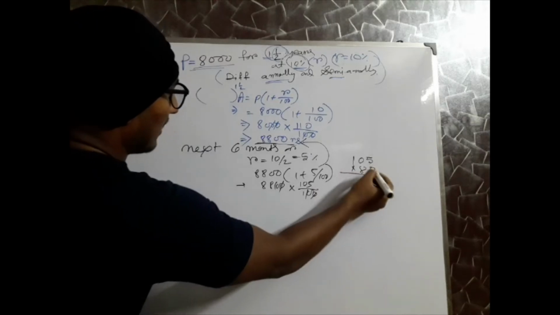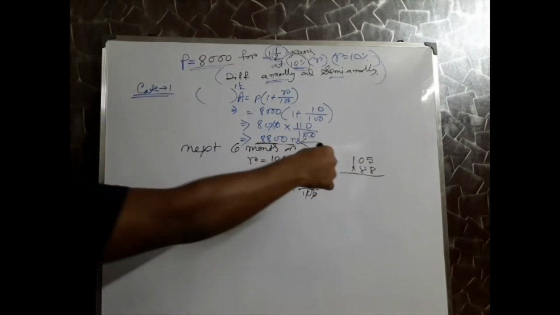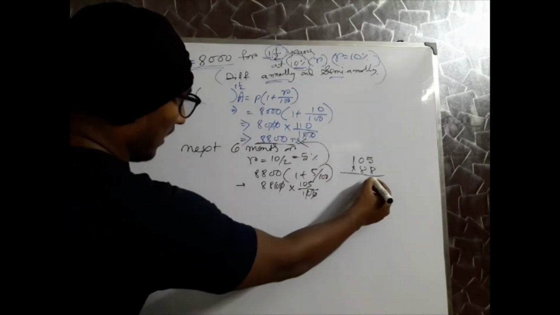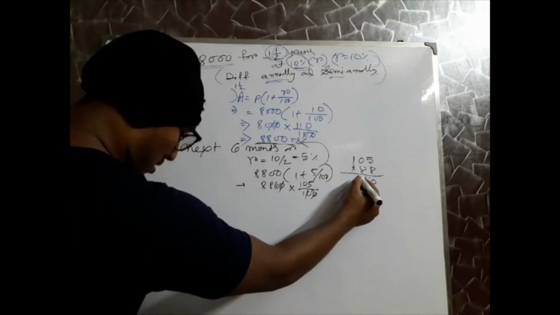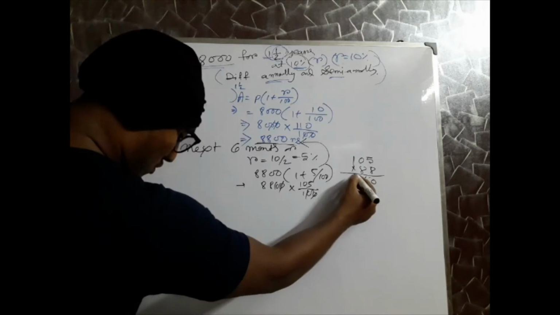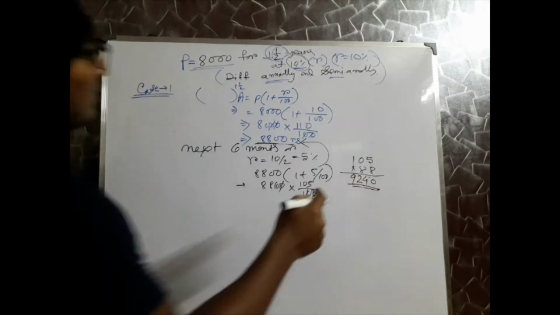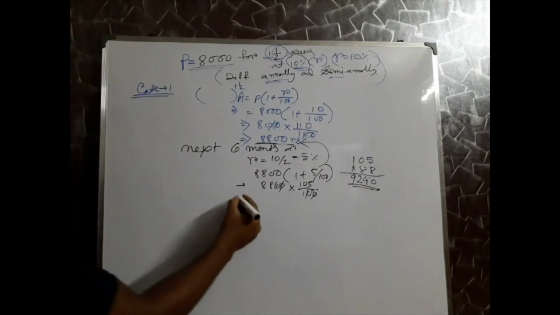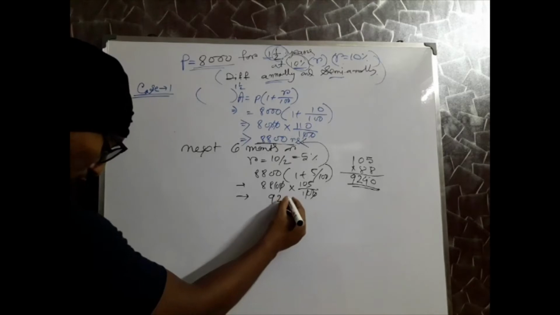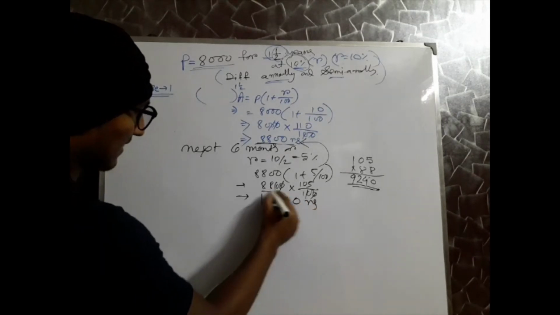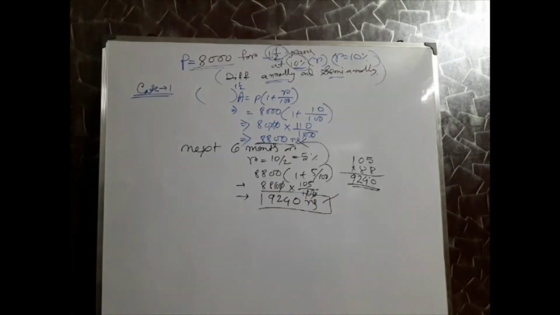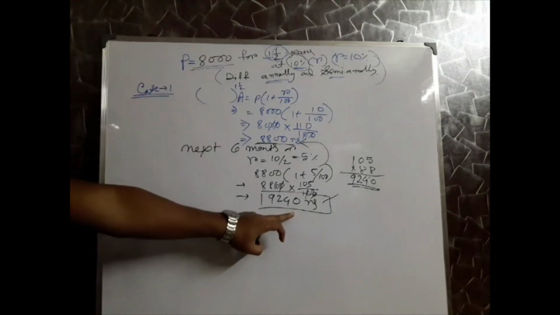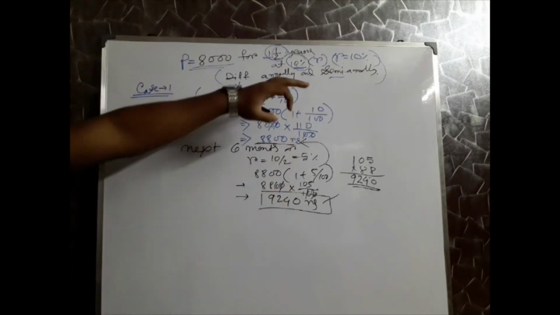I will tell you a shortcut for that multiplication because it will help you reduce the time. This is a part of Vedic math. You can do the cross multiplication in a short time span. So this 9240 rupees is the amount after 1.5 years when it is calculated